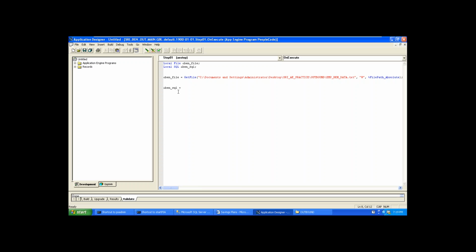But whenever we use the SQLExec function to get the data, we get only one row of data, not multiple rows. That's why here I am using an alternate function, CreateSQL. CreateSQL also will execute the SQL written into it.